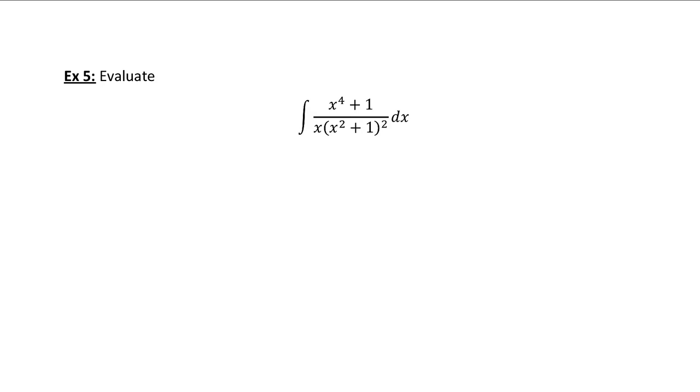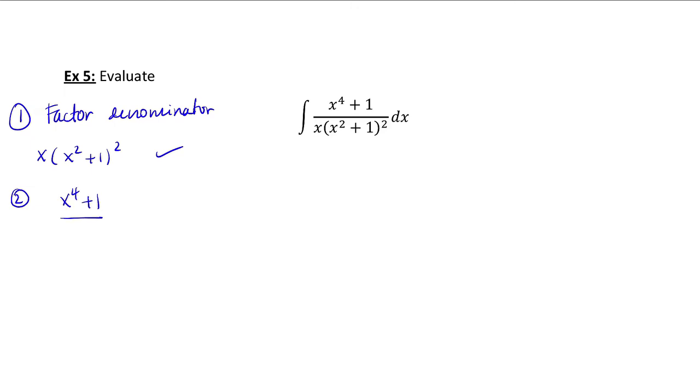So I'm going to skip the first step and go straight to the second step. Step 1, factor the denominator, which as I said before, we already have. So step 2, let me set up my decomposition, right? So I know that x to the fourth plus 1 over x times (x squared plus 1) squared